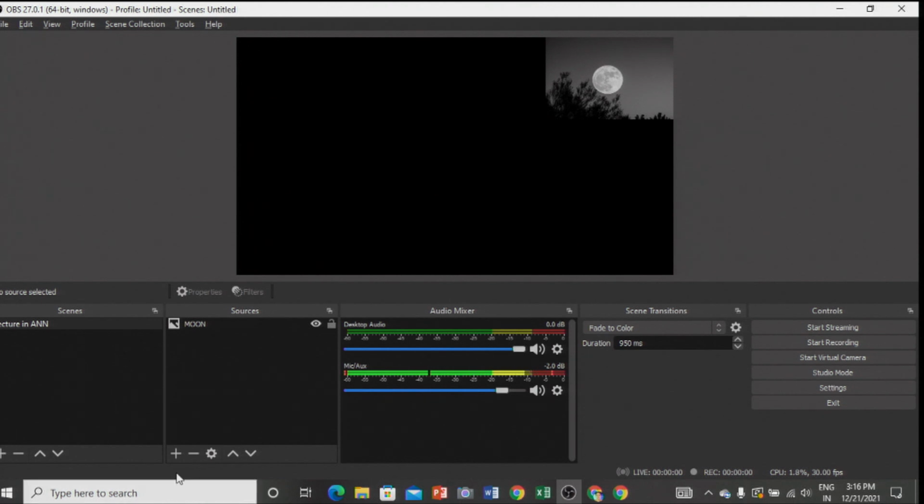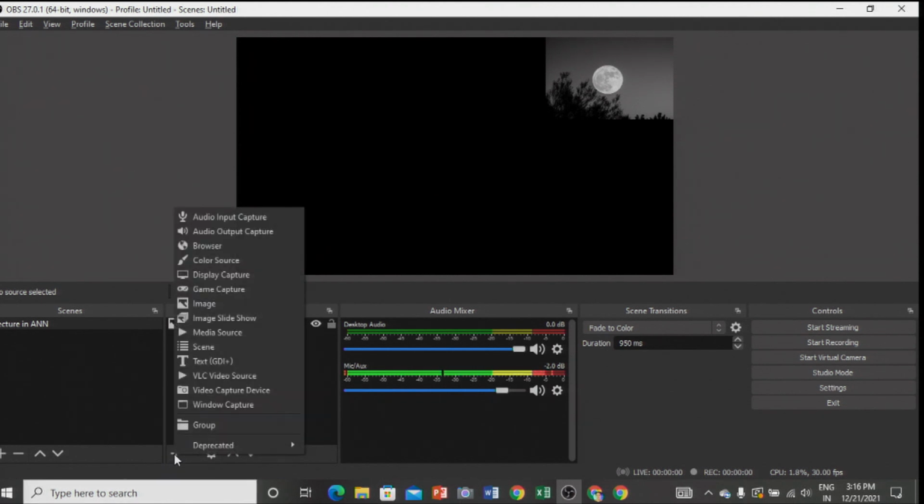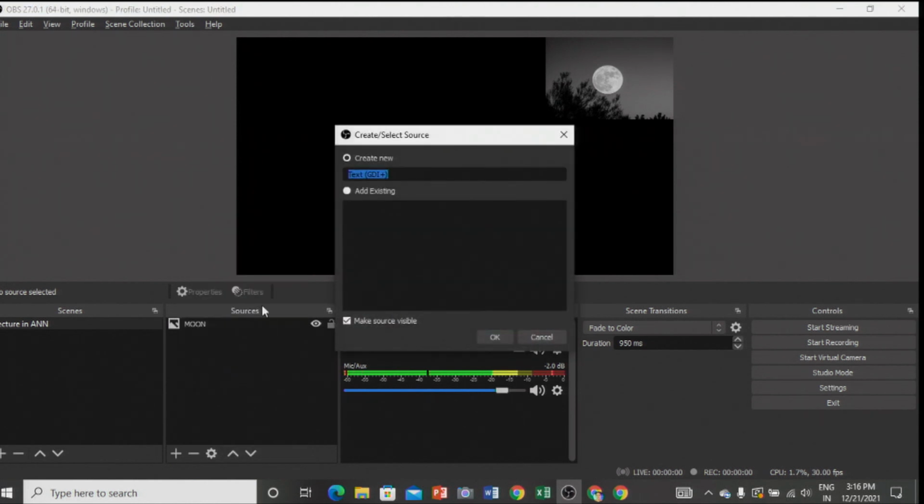Now let me add some text. So again I am clicking on plus, then I am choosing the text box, that this is your text box. Now you can rename that text box also. For example, I am giving the name as hello text box, right? I am telling OK,